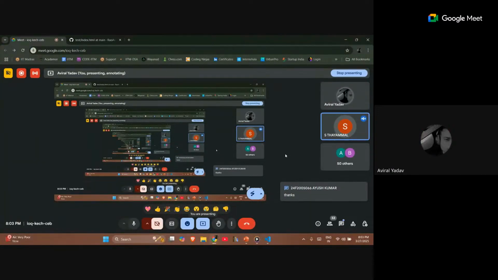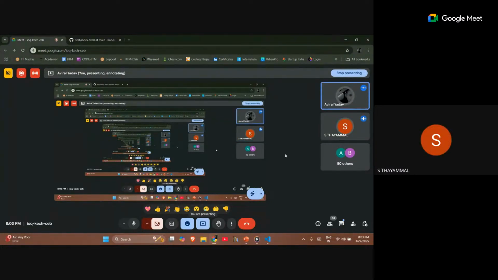You can just reset the global variables by simply using the same step, which was git config --global with the username and the email part. You can just change that and do it. It won't create an issue after that. Okay. Thank you. Okay. Anyone else has any kind of doubts?